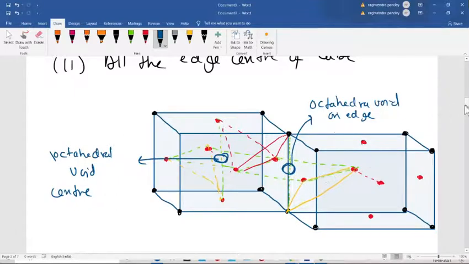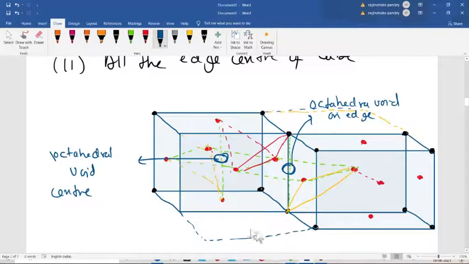So the octahedral void is on the edge. Now the edge is shared between four cubes. I have made only two, but there can be another cube like this. Here I can make it, so this edge is shared between the four cubes.